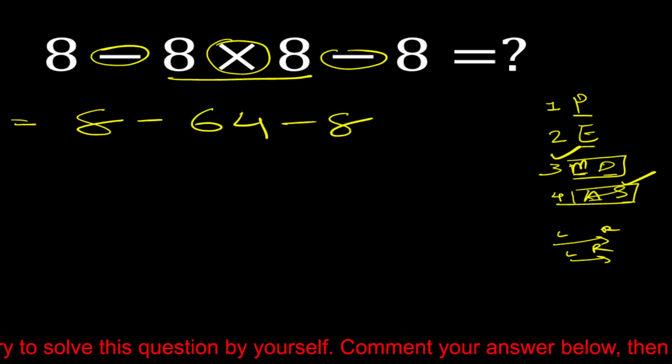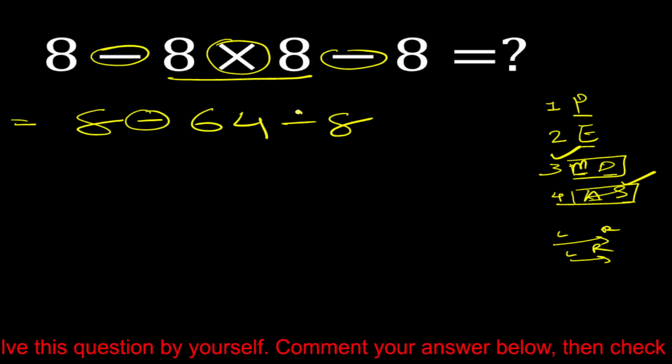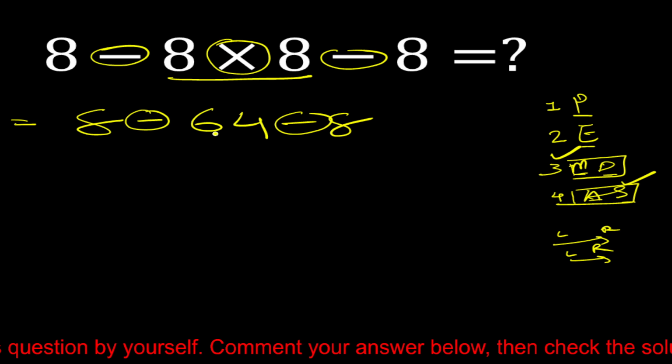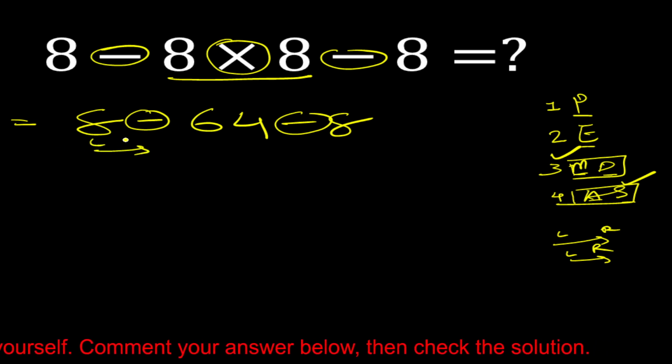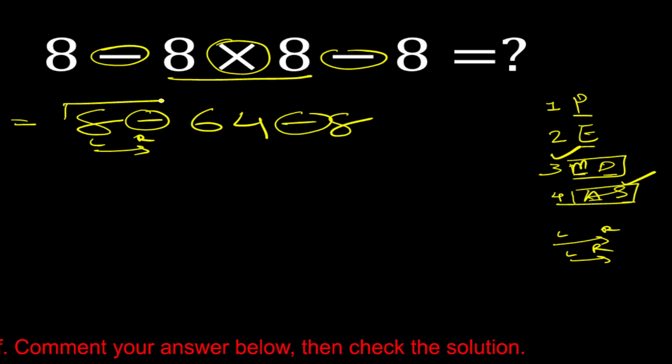Now here only subtraction is left. Here one subtraction and here is second subtraction. Okay. So both have equal priority, so we have to solve it from left to right. So first we have to solve this part. Okay,